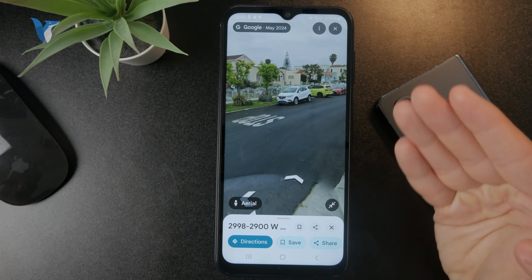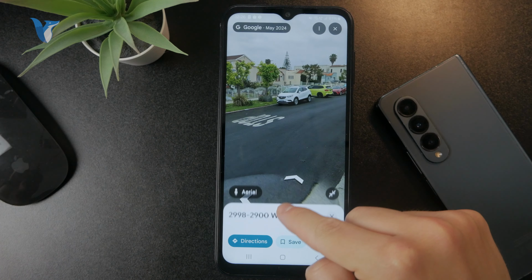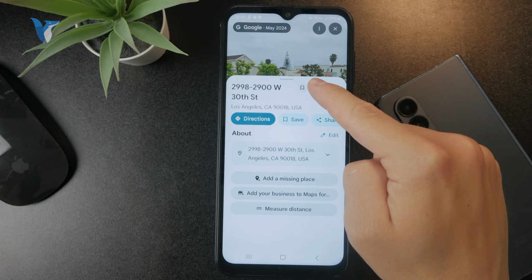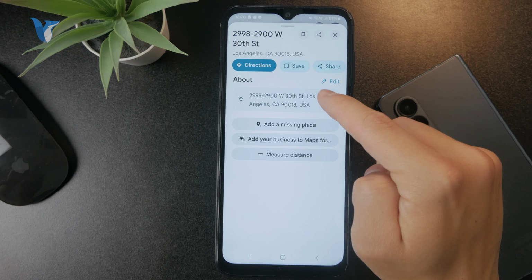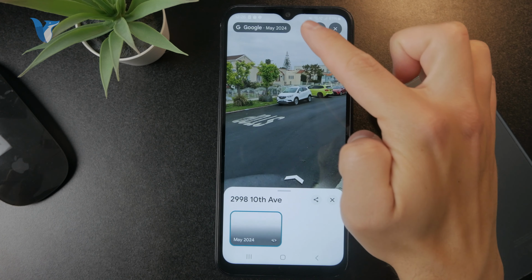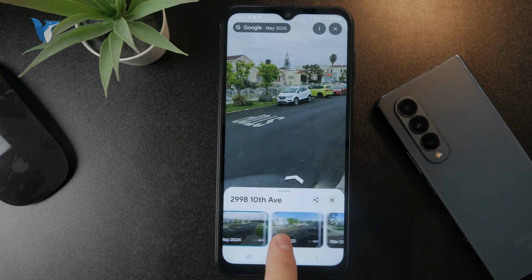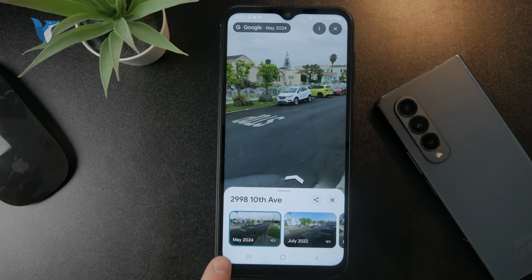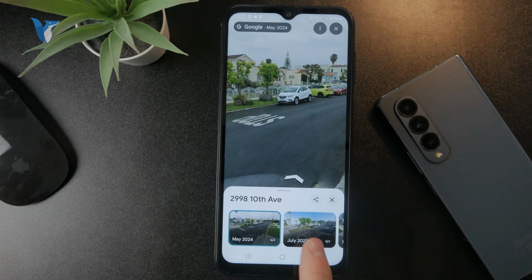That's okay, but in order to see the previous year's images, you can see that if I swipe up like that, I should be able to see the days, right? So when you click on the date at the top, you can kind of go back in time. So the latest is from May 2024, which is fine, pretty up to date,